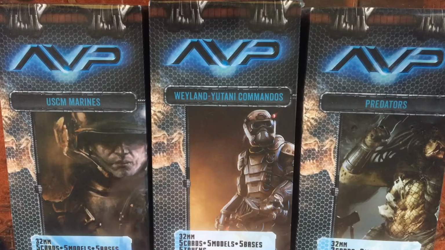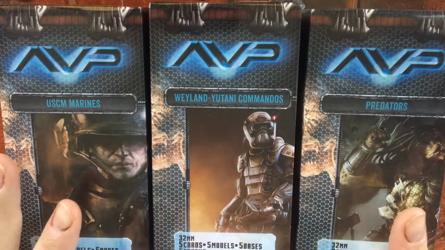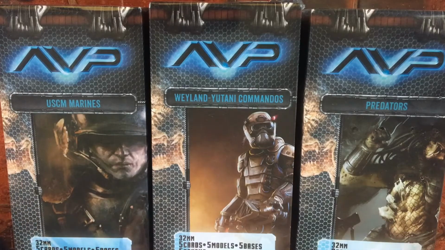Now, I reviewed the second edition board game a little while ago on my channel, and I've had these sat around for quite a bit. I've got some Alien expansion packs as well that I will do at some point, but I just wanted to go through these and show you what the miniatures looked like at the time,